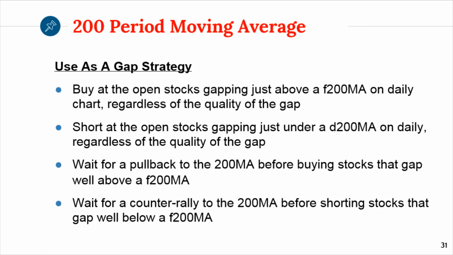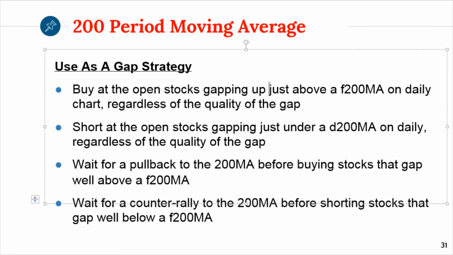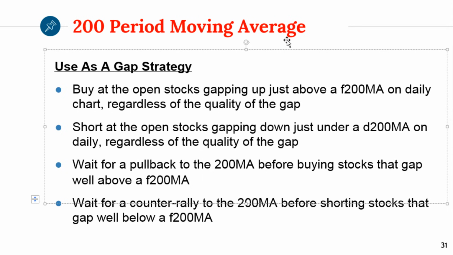You can use it as a gap strategy. Buy at the open stocks gapping just above a flat 200 MA on the daily chart, gapping up just above and then gapping down just below. So buy at the open